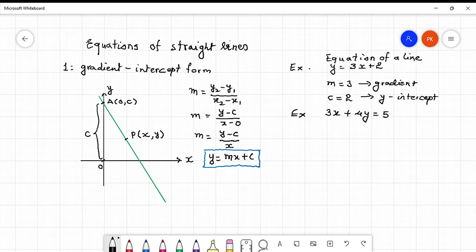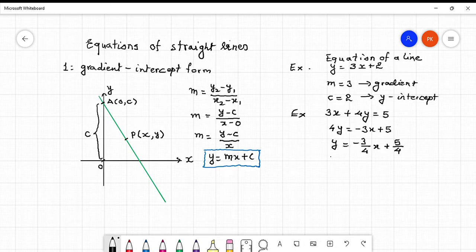So, I'll try to make y the subject. So, 4y, I'll get 3x on the other side. So, 4y is equal to negative 3x plus 5, or y is equal to negative 3 upon 4 x plus 5 upon 4,